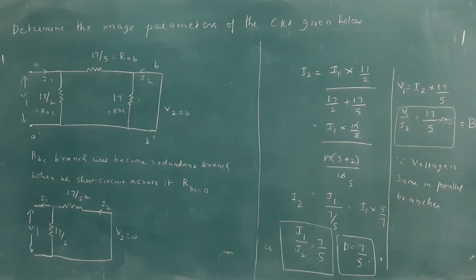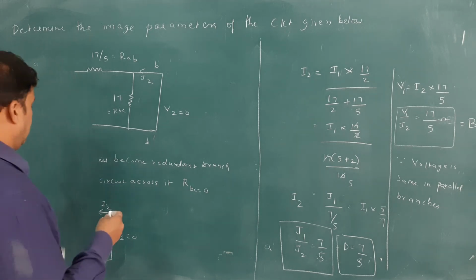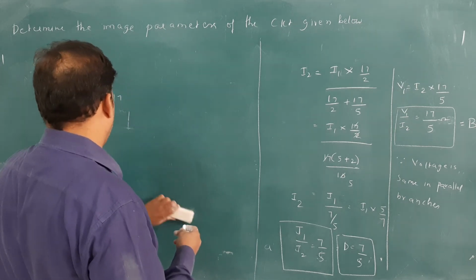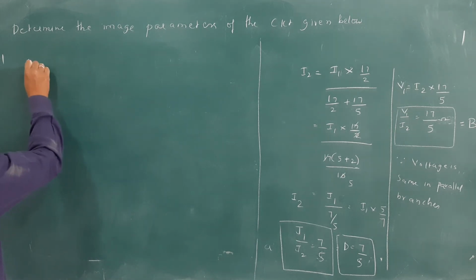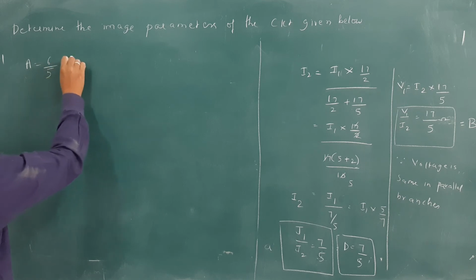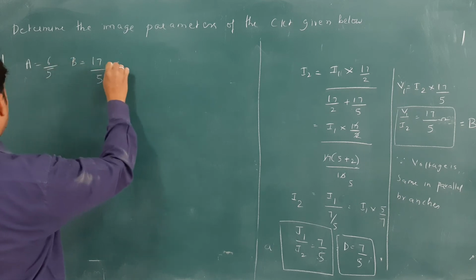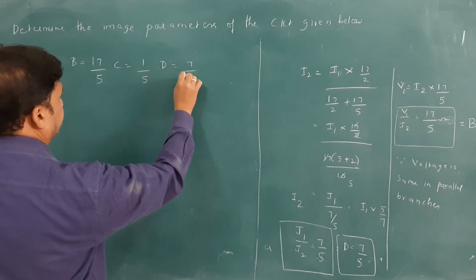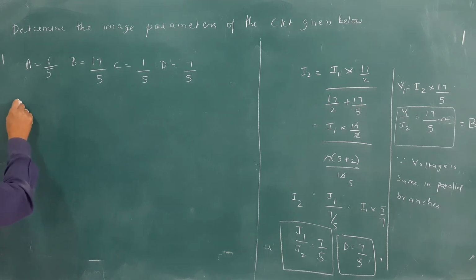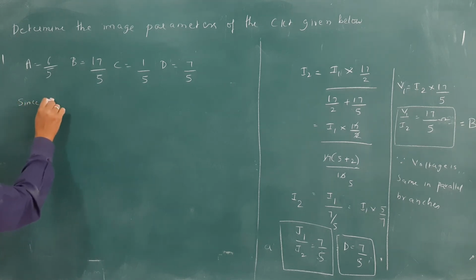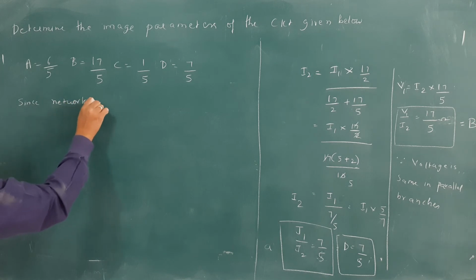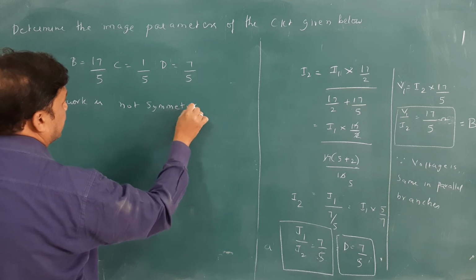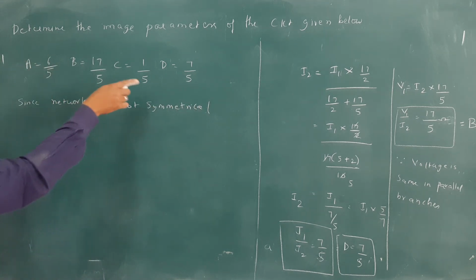Now we will write what these ABCD values are. Here we got A is equal to 6 by 5, B is equal to 17 by 5, C is equal to 1 by 5, and D is equal to 7 by 5. Now, since the network is not symmetrical, because a symmetrical network has AD minus BC equal to 1, but it is not having the same thing,